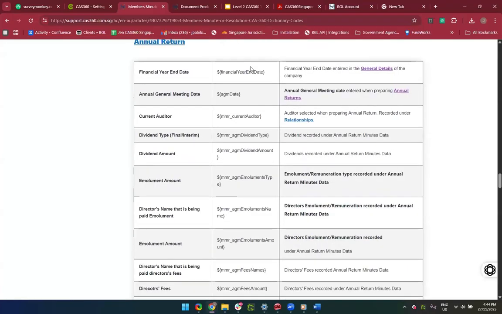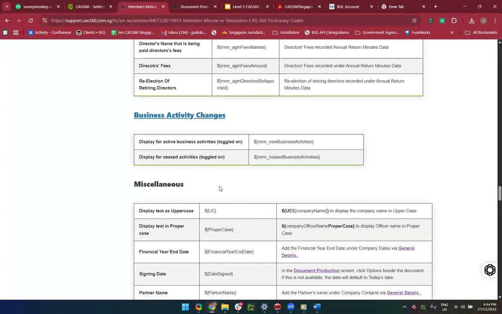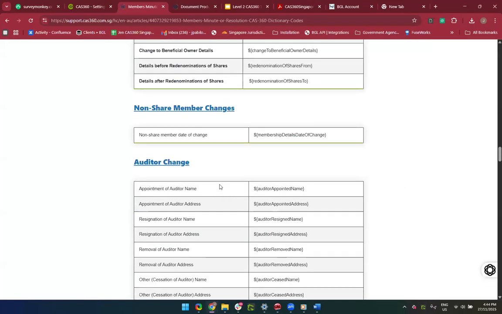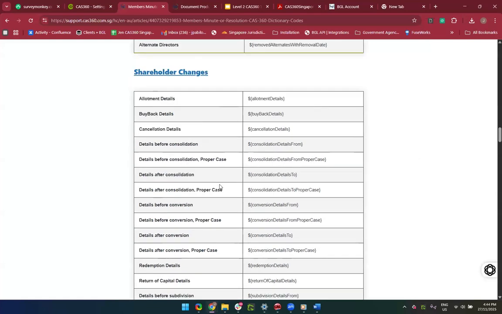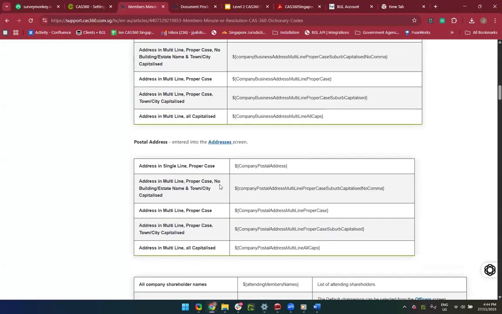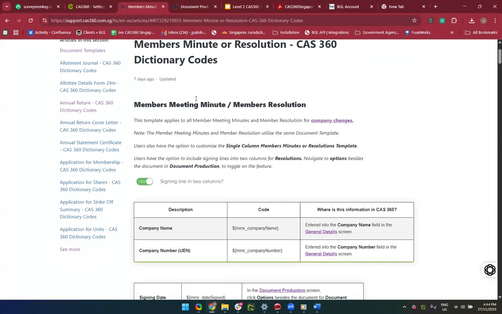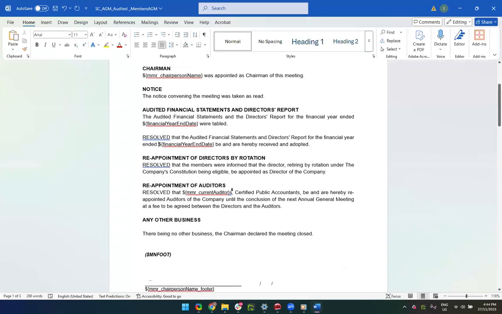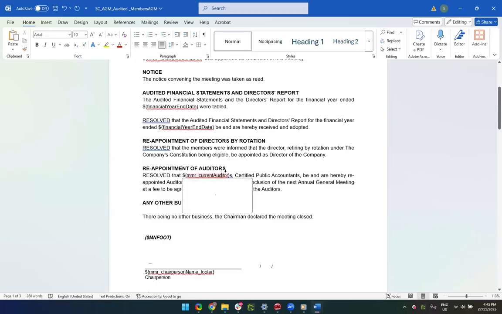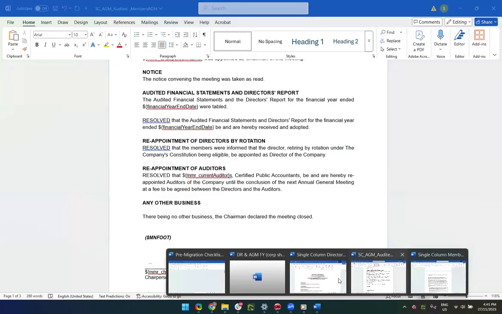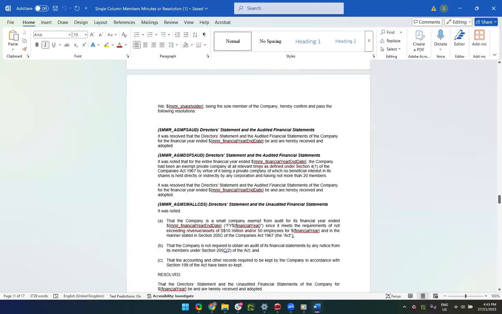So whether for your AGM date, your financial year end date, the election, your shareholders, and so on. So I'm going to go back to that code over here. You can see they've added in the current auditors as well. They've pulled this out from one of the codes for the members, they copy and paste it into their